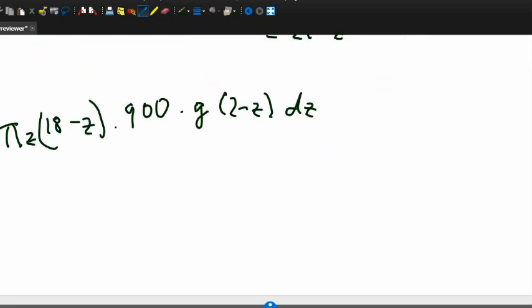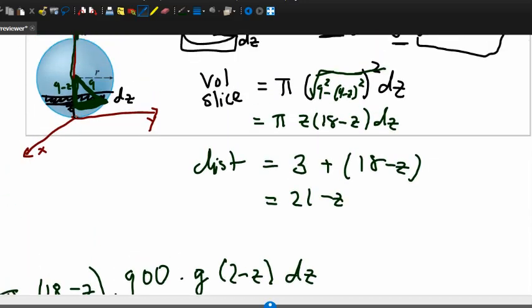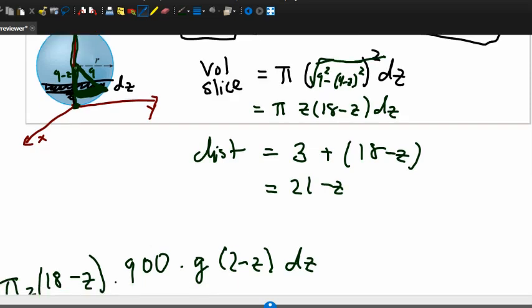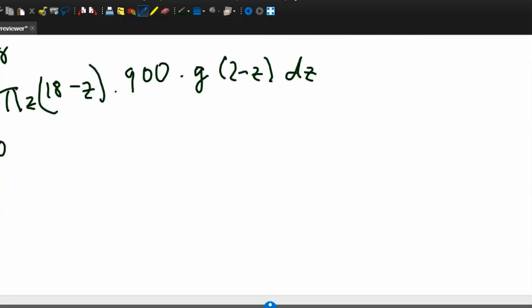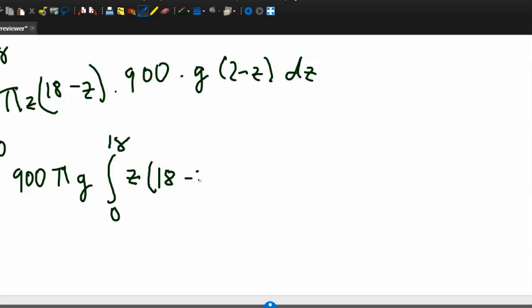How do I find the total work? I have to integrate this expression, right? Let's go back and look at the integration range. z changes from 0, down here, to the top of the tank, so it goes up to the diameter. So this integration will be from 0 to 18. Now I have some constants that I can pull out, so let me do that. I can pull out 900, I can pull out pi, and I can pull out g, right? When I do that, I have the integral from 0 to 18 of z times (18 minus z) times